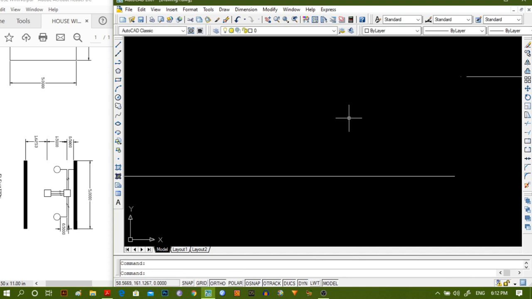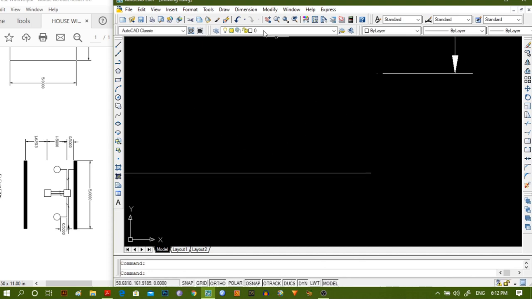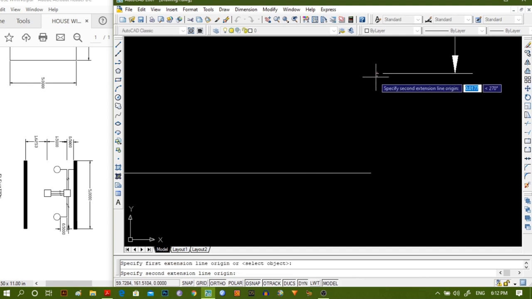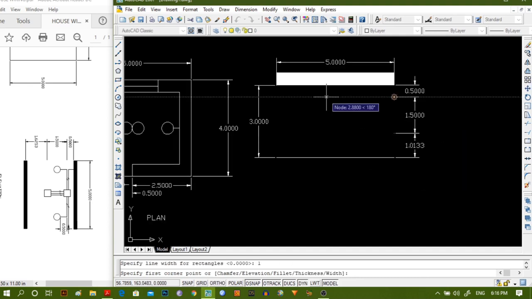And then the rest is... So now first decide the first corner point also.